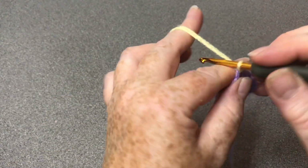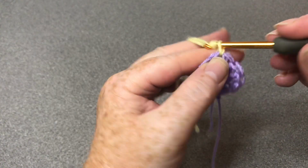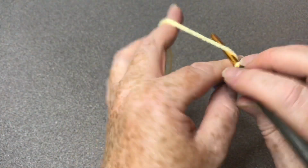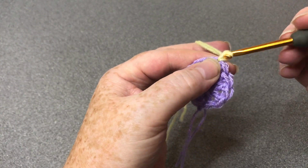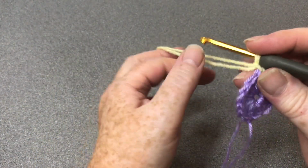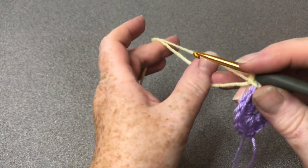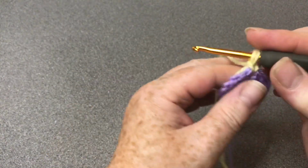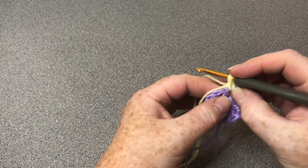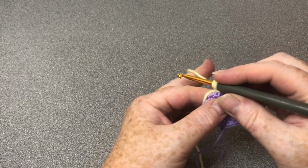So to start off, I'm just going to chain by going over using both ends. So that's my tail end and my working yarn. I'm just going to drop that tail. Now I do this for my first stitch, and it doesn't matter about having the extra loop. So now I'm going to treble